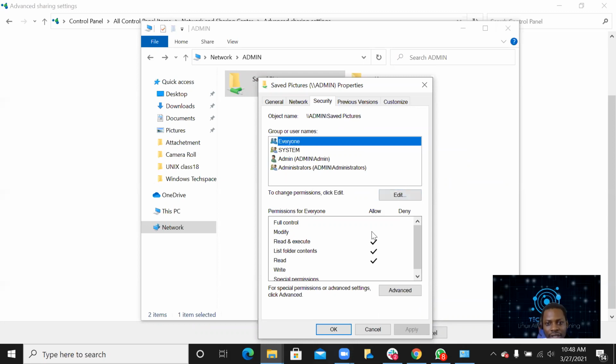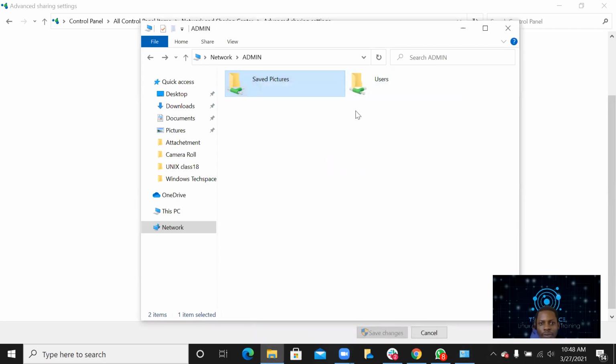Right now, if you see here, these are the permissions that they have. They have read permission. They have list folder contents, which just means you can open the folder up and see what is in there. They have read and execute. But I can go on that other computer and make changes so that everyone that accesses that file can only have read permission. They can only see the file, but they cannot make any changes. Let me do that while I have you guys here, so you can see what I'm talking about. I'll close this first, because when I make the changes,